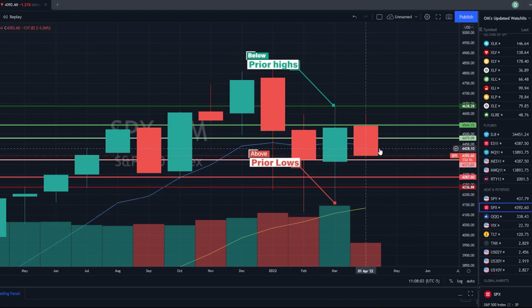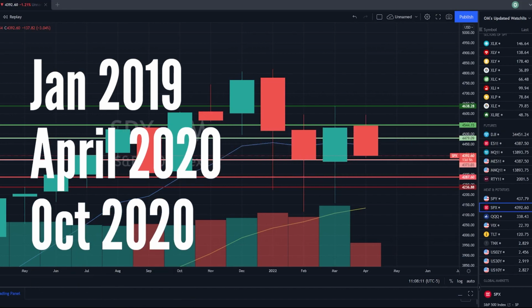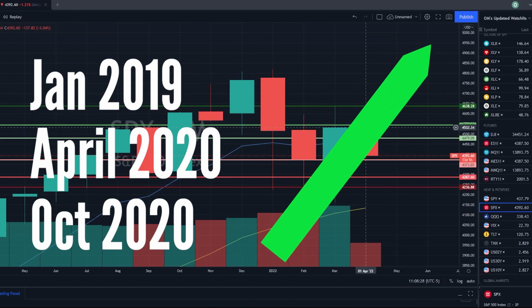So if this goes on to close as an inside candle, it's only happened 3 other times in the past 3.5 years. It happened January 2019, April 2020, and October 2020. Obviously, the April and October 2020 were crazy months because of the corona rebound, but in all 3 instances, the following month resulted in the candle breaking to the upside. So if this were to close as an inside candle, in this case, May would break to the upside if it